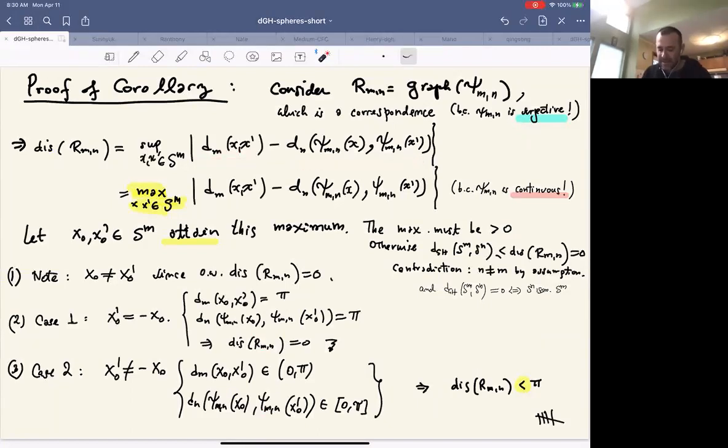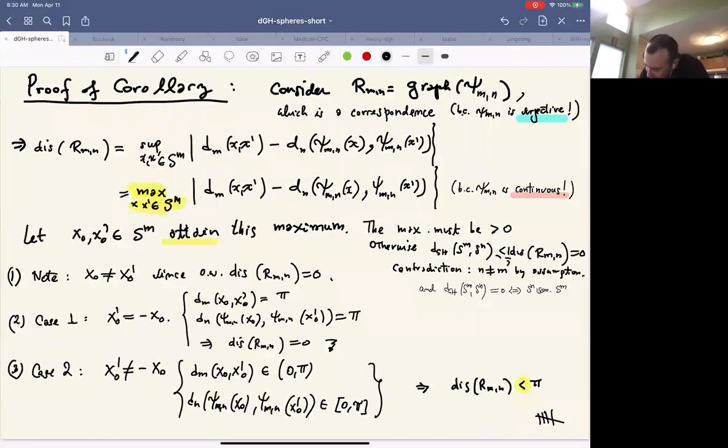But now the map phi being continuous means that I can take a maximum here. So have a maximum between d_m, this is a distance on the m-dimensional sphere, x x prime, minus the distance on the n-dimensional sphere between the images. But again, because phi is continuous, there are 2 points, x0 and x0 prime, so that this maximum is attained. And notice that the maximum must be positive, because if not, then we know that